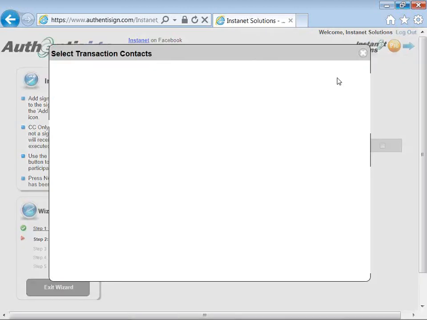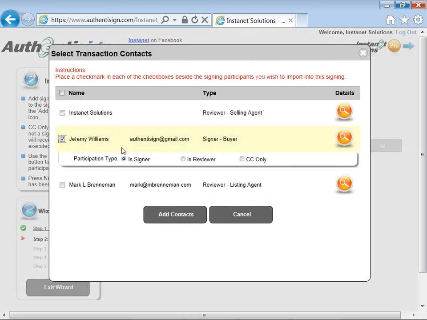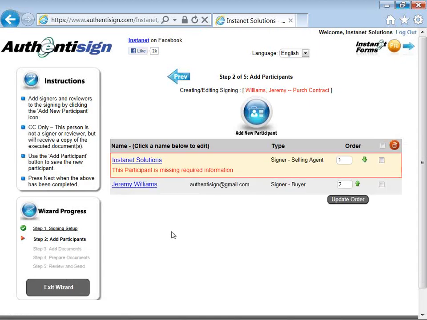The next step in the signing is adding your participants. Who is participating in this online signing? Certainly Jeremy is going to be a participant and have signature requirements. I'm also going to add myself with signature requirements. So add the folks to your transaction file. But do take note of reviewers and CC onlys, because as I add these contacts to our signing,